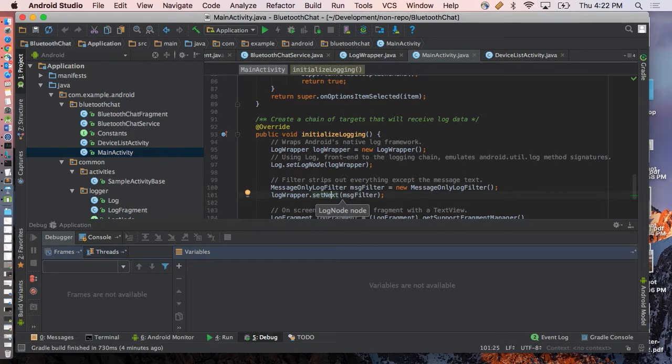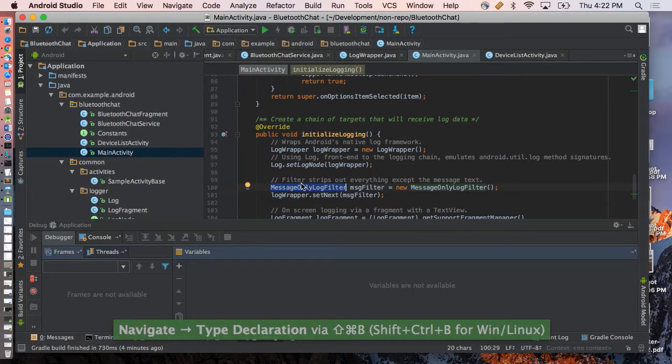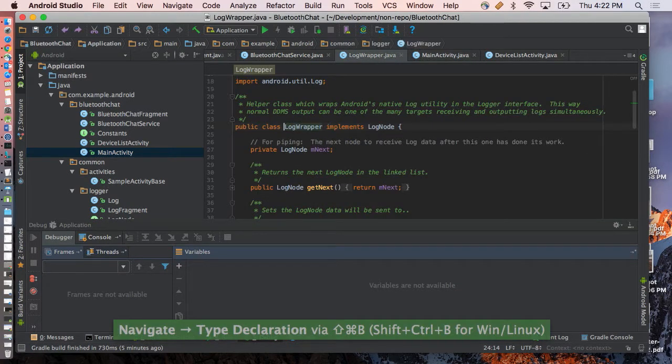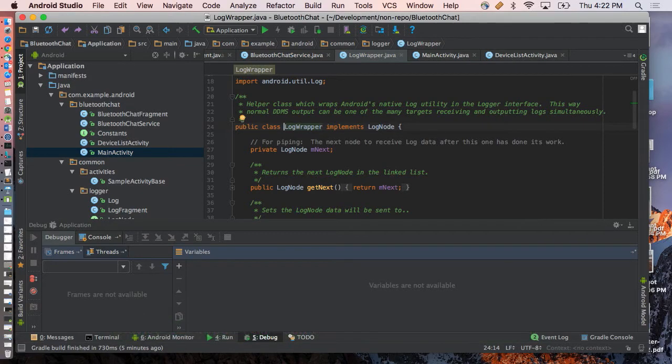You can also use Command Alt B for the type declaration. And finally,